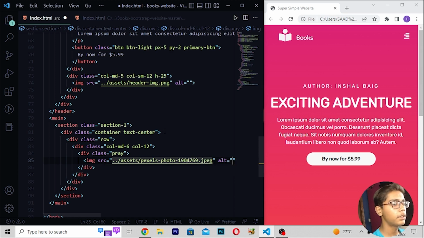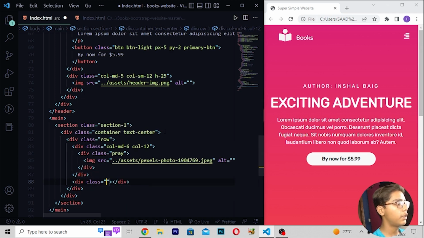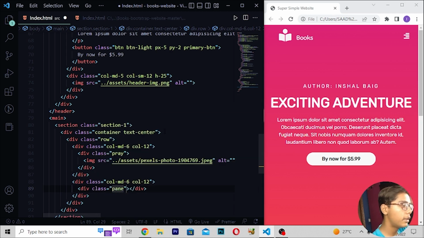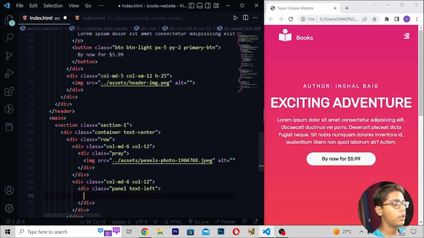Then when you've written this, here I will be moving down, right here div class col-md-6. Then you have to write col-12, and you have to move down, right here div class panel. And then when you've written this, here I will be now writing text-left like this. Then you have to move down, right here h1, write Mr. Then you can write here your name also if you want to write. I am writing my name.